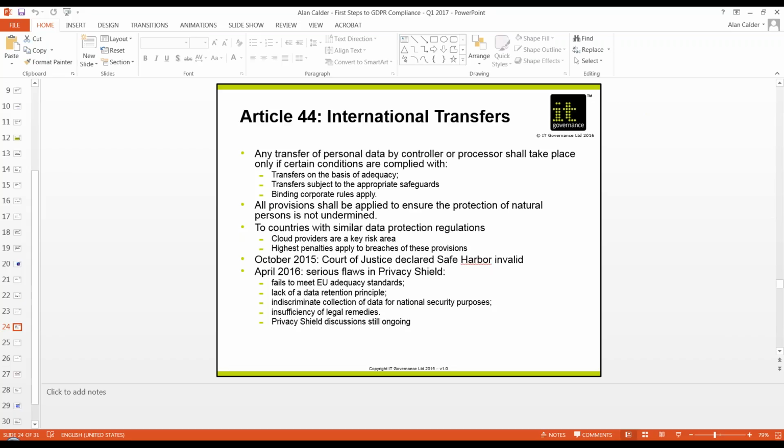processor. The safe harbor regulation in the United States has gone through a set of changes, which is what's led to the arrival of the Privacy Shield. It's possible the Privacy Shield will be itself attacked. Some of the activity of the incoming executive in the United States leads some campaigners in the European Union to think that the privacy of their personal data might be threatened, and that could lead to a legal assault on GDPR. And of course, it's worth bearing in mind, it's not GDPR on the safe harbor